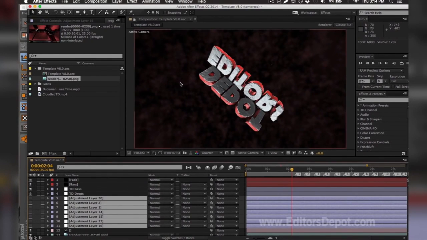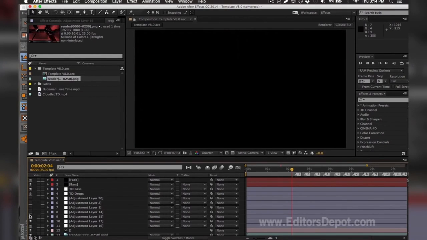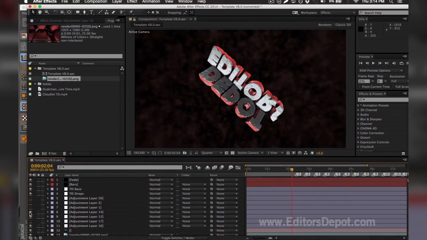As you can see here, one of these adjustment layers messed up the entire render, so I'm going to turn them on one by one. That one's fine, that one's fine. Oh, this one's the problem here. So you make sure you turn them back on,